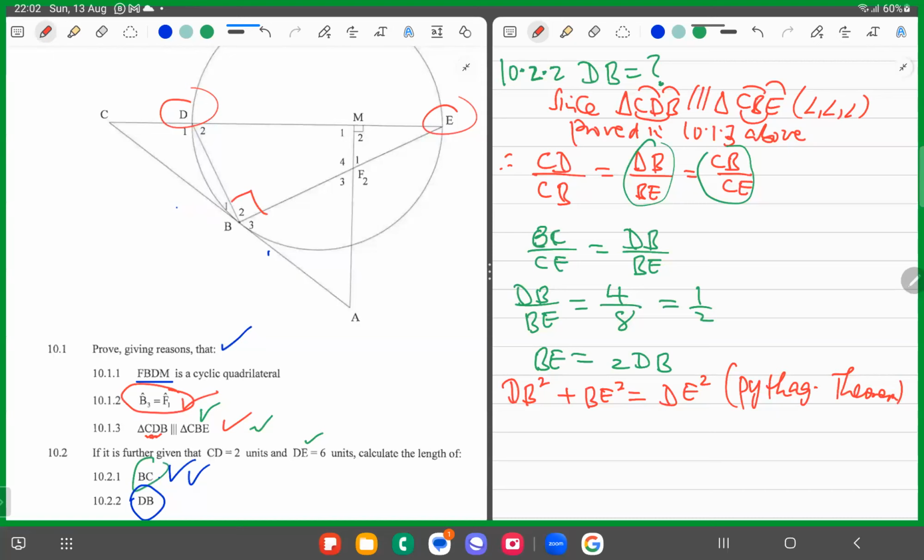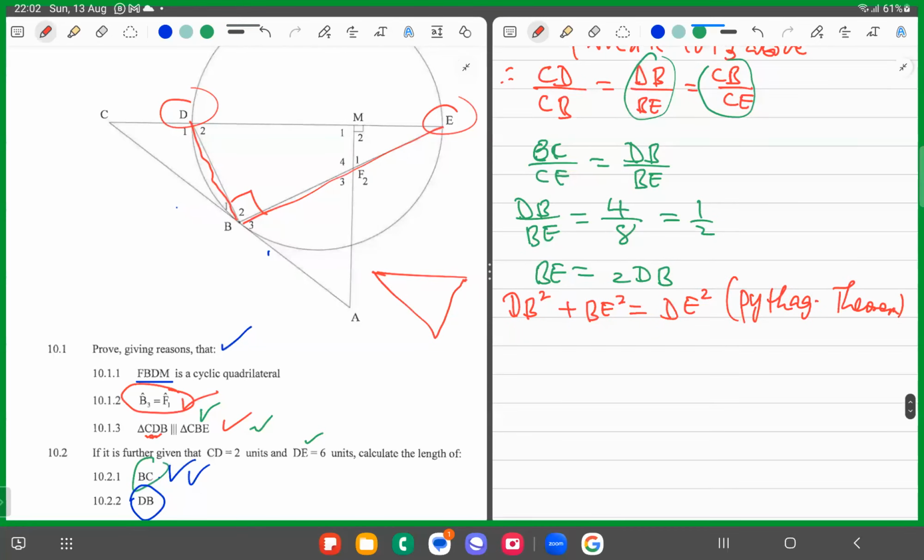So DE squared is equal to DB squared plus BE squared. So you have a right angled triangle there. Pythagoras theorem. This observation is very important because it means DB squared